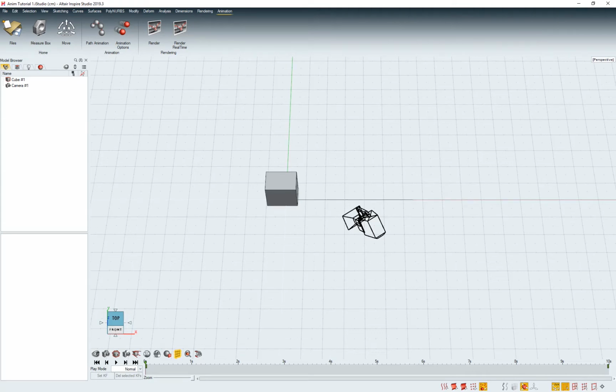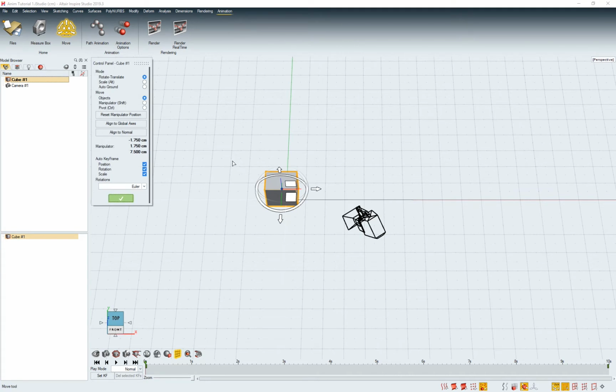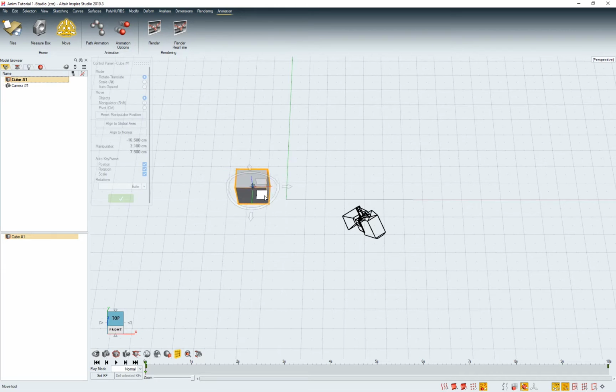The first type of animation in Inspire Studio 19.3 is the keyframe animation with the Move tool. To do that, we need to select an object and invoke the Move tool. By default, the Move tool has the auto keyframe on for all the channels. To set the keyframe, it's enough to move the object, and immediately a new keyframe is added at the current